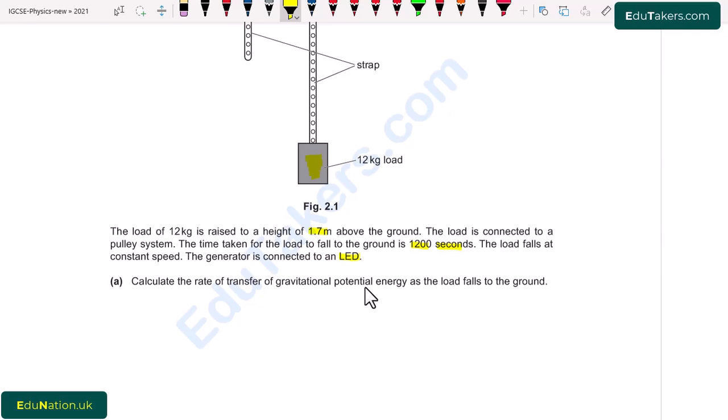Here we have to calculate the rate of transfer of gravitational potential energy. So the rate of transfer is actually power. So we can write energy per unit time, that is the rate of transfer of energy, and it is equal to power. So here we have to calculate basically the power, that is the rate of transfer of gravitational potential energy. So here in the place of E, we use gravitational potential energy. I write here the rate of transfer of gravitational potential energy